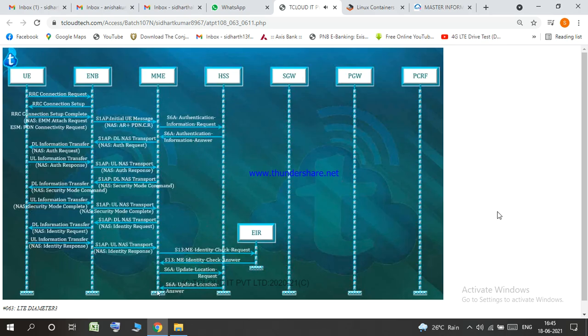So MME requires this subscriber data in order to accept, in order to attach the user. Subscriber details are important, like how many PDNs the mobile is allowed to connect to. For each PDN, what is the quality of service that is applicable for the mobile, etc., etc. All that information would be packed and sent from HSS to MME. Once this is completed,